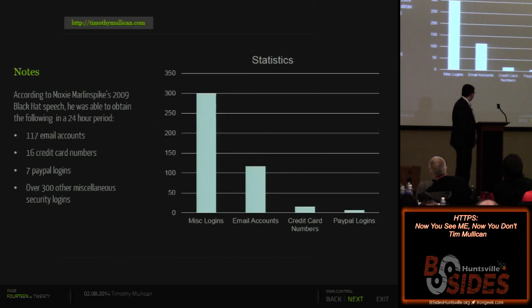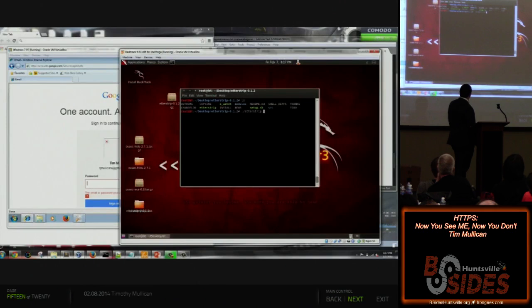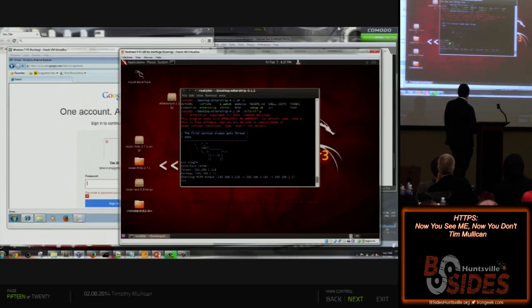And here's an example. Right here, this is a simple tool. We can go download it. It's probably hard to read, but basically I just say single hop attack, single host. I'm going to use the default interface. Here's my target, the gateway, so how I want to get